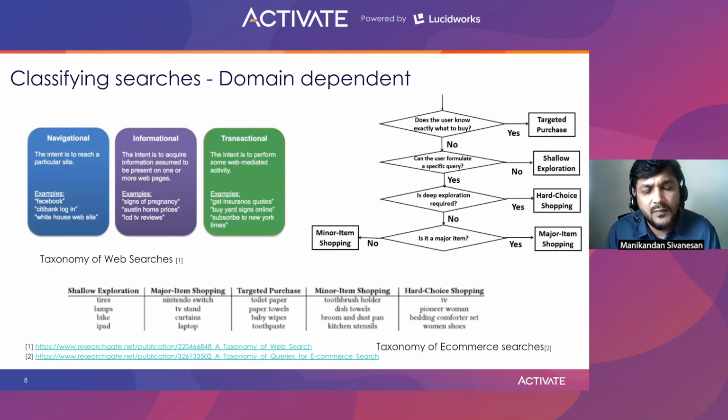Now, when we want to classify the searches in order to understand the motivation of the user, this is clearly domain specific and there is no one-size-fits-all approach. We leverage our top task survey and also our search logs in order to identify what would be the best fit. So for this, we really looked at the taxonomy of different searches in other domains as well,